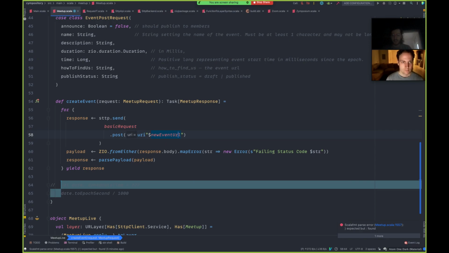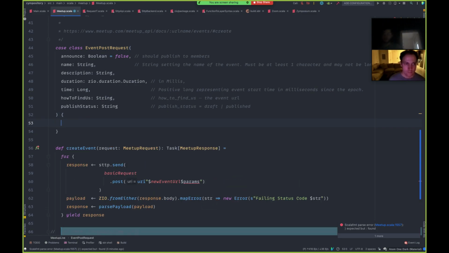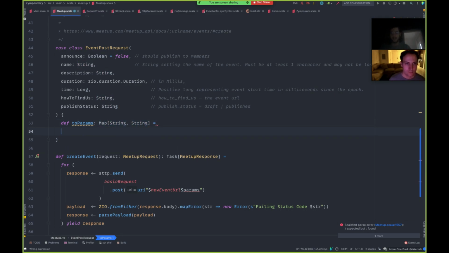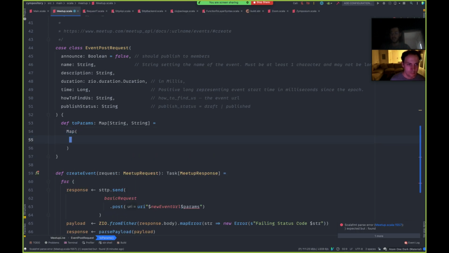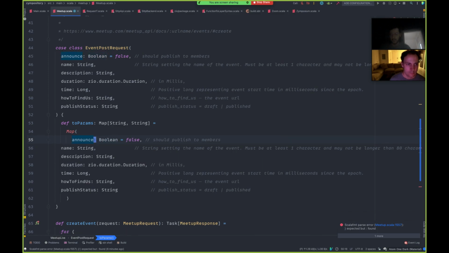So if I could have some params, here I can have a function called toParams, where this can basically just become a map from string to string, which is what they want. It would be great if this already existed as something, but this is totally fine. I'll just do this manually, where I'll delete each of these lines.